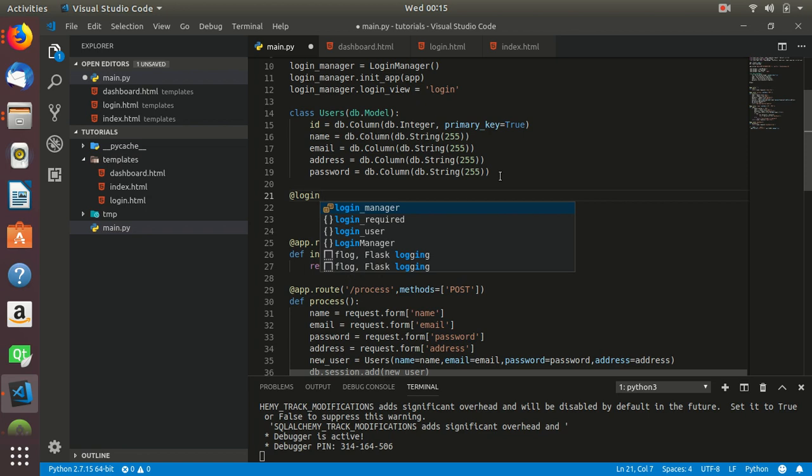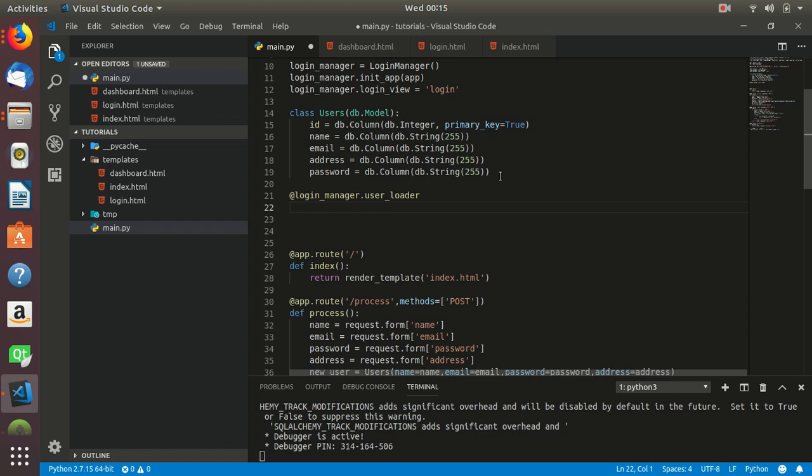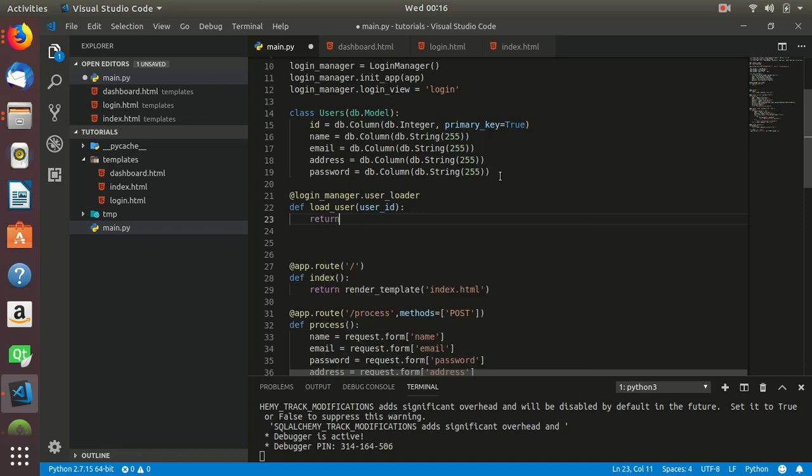So login manager dot user loader, we'll call this decorator, say at user loader. Okay, alright, so once we have done this, we'll call def load user. Let's give it a parameter user ID. Then we'll say return